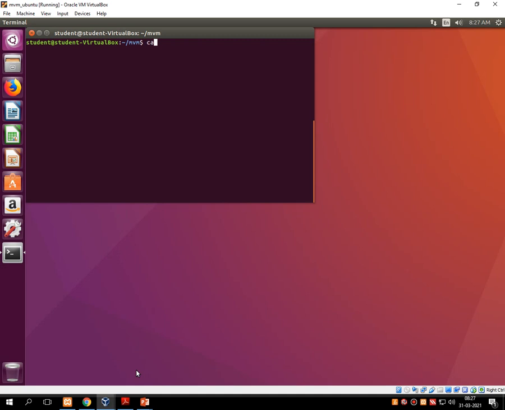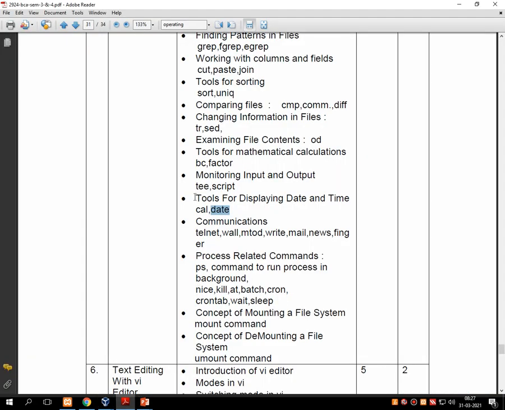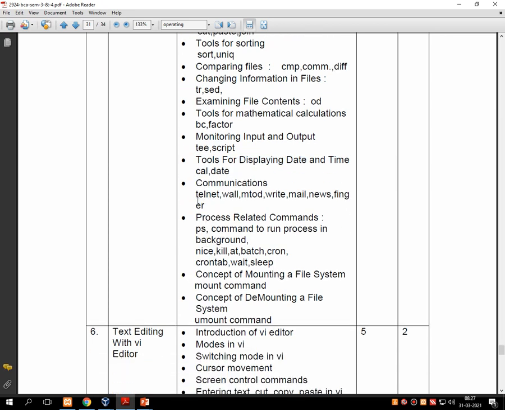Suppose I am just giving cal. It displays the current calendar with the selected date onto the screen, and suppose I fire date, then it prints today's date with the current time. So this is a very simple function.